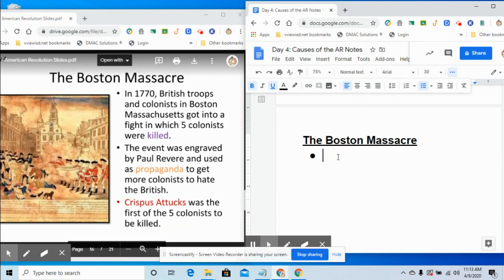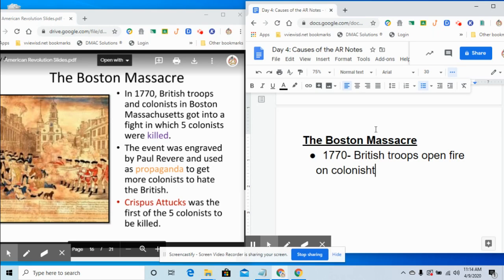Okay, so what we're going to write here is 1770. That's an important date, and the reason we want to remember this date, or at least the roundabout of when it was, is because it's right on the cusp of the revolution starting. So it's kind of reminding us of all the things that are happening right before the revolution. Okay, so British troops opened fire on colonists,